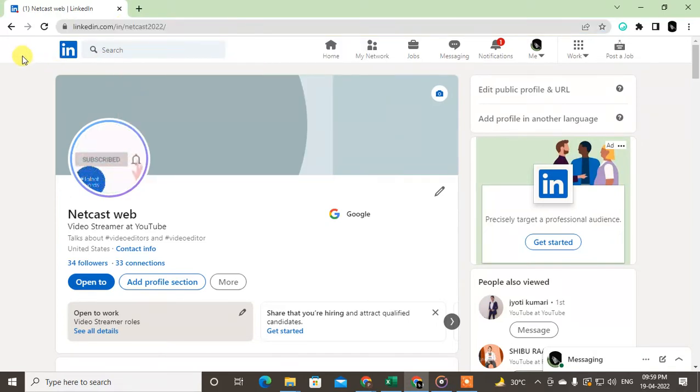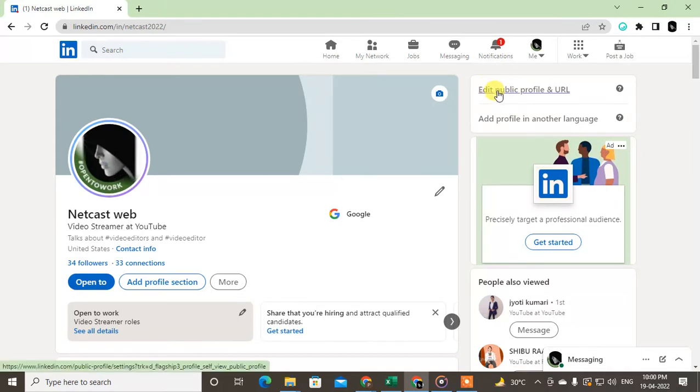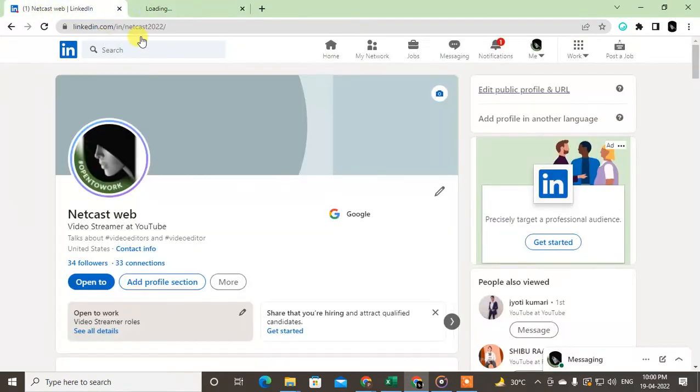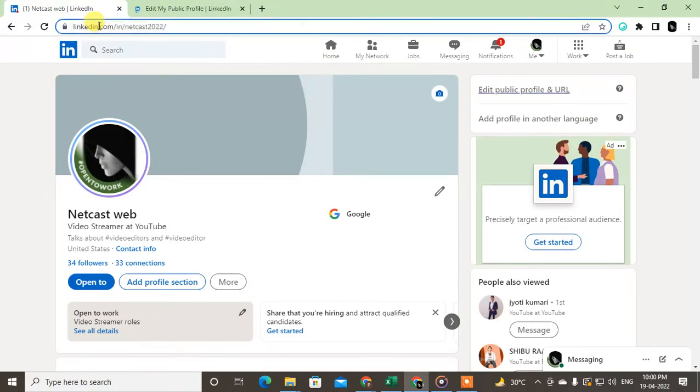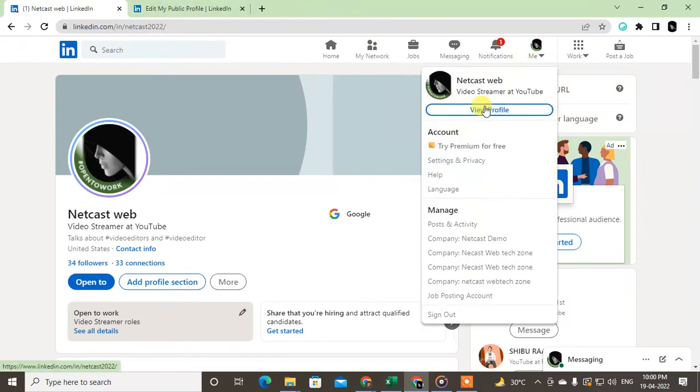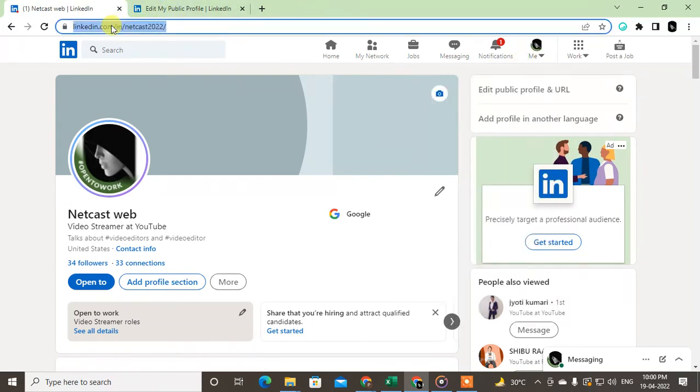Okay, but if you are using mobile, you will see this option. Okay, if you don't see this option, you can use your mobile browser in desktop mode. In desktop mode you can log in to your LinkedIn and you can see this option. Just click on it. In desktop mode in your mobile browser, you can copy this link from here. Okay, no problem. Just click on here and go to View Profile and go to the browser address and